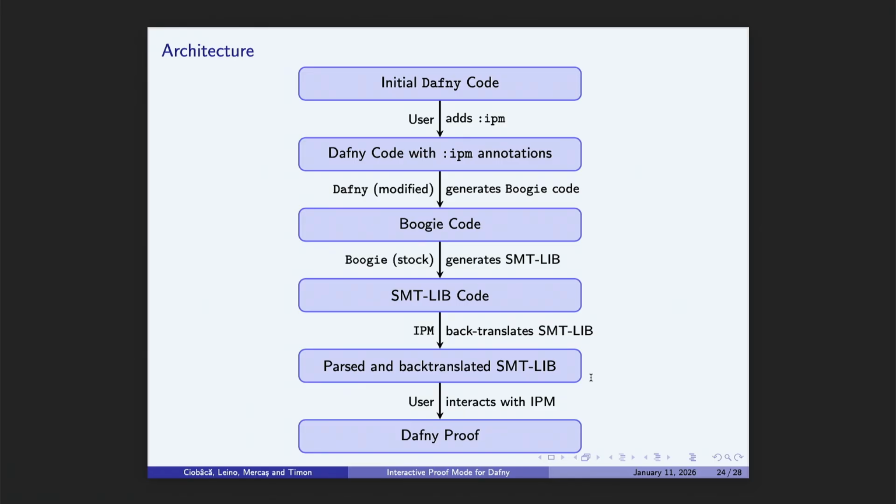So the architecture of the system is here. In the initial Dafny code where there is an issue, the user should annotate the problematic verification condition with IPM. We run the instrumented version of Dafny, which adds the protection functions. We generate the Boogie code. From Boogie, we use stock Boogie to generate the SMT-LIB file, which we parse, and we back translate it into